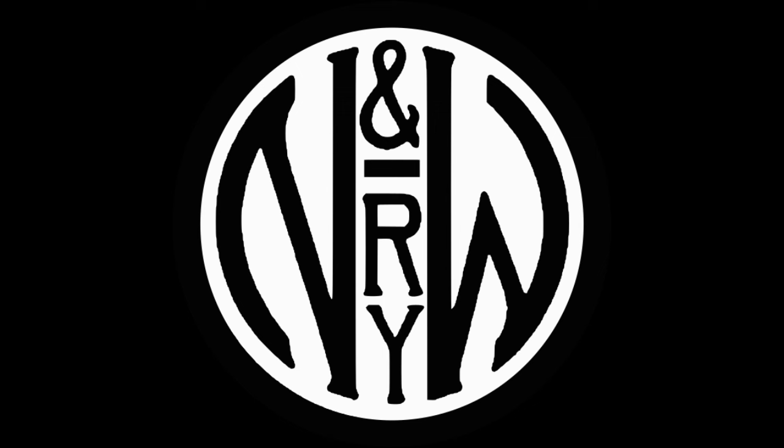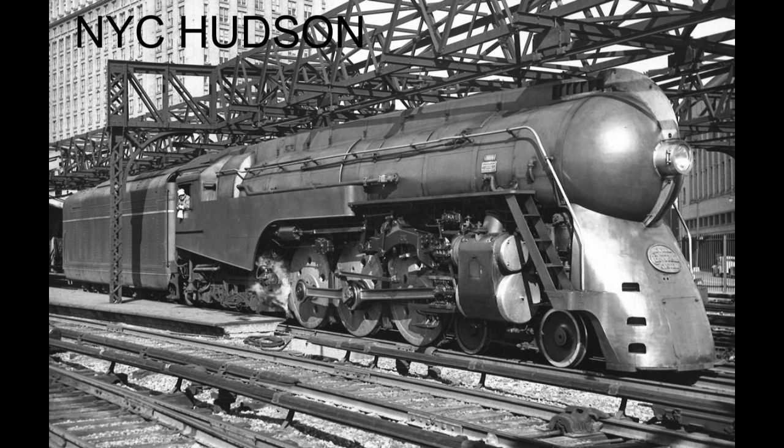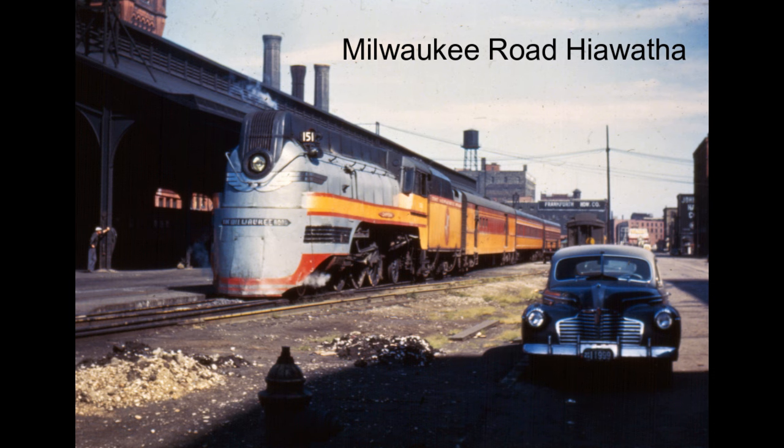Today's question is, do you think the Norfolk and Western J-Class passenger steam locomotive was the best design ever in that era? Let me know in the comments below. So here I will tell you that I do believe the J-Class was the best overall. However, the New York Central's Hudsons and the Hiawatha's version of the Hudson does give it a run for its